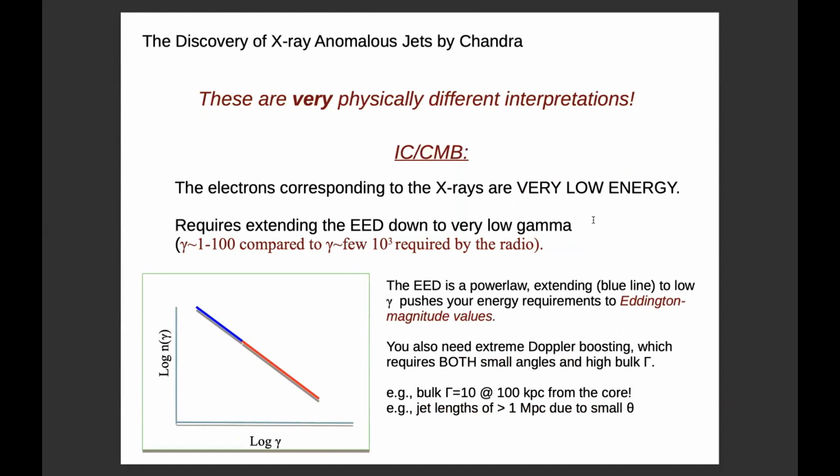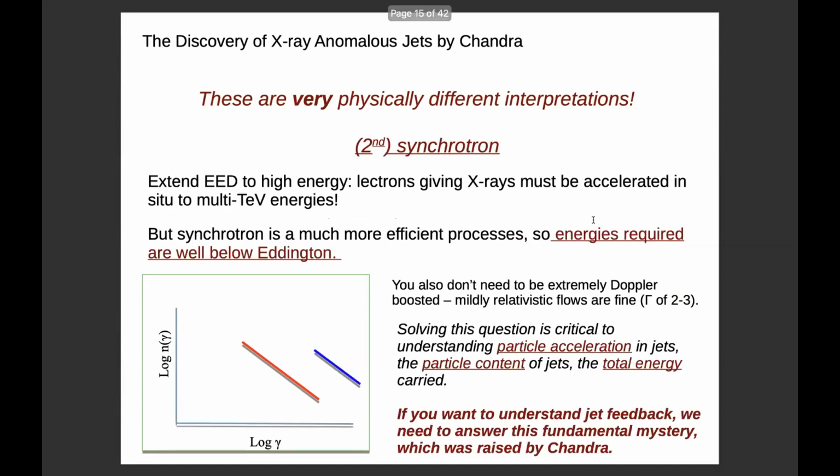This actually means that you need a whole lot of them, and that means that your power requirements go really high. Sometimes they're super Eddington for these models. And then you also need other extreme things like, do you really believe the jet is still going with a bulk Lorentz factor of 15 at 100 kiloparsecs? That's pretty far out. It is possible that this is happening, but there are reasons to think that in other cases,